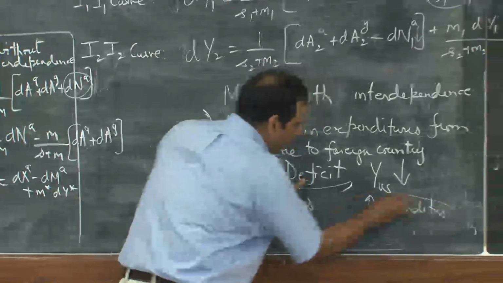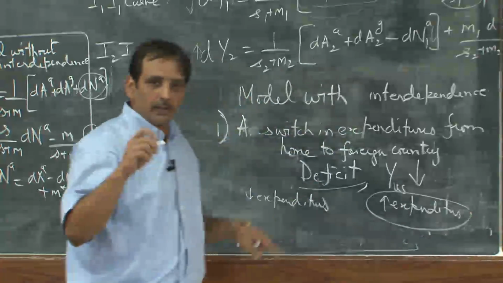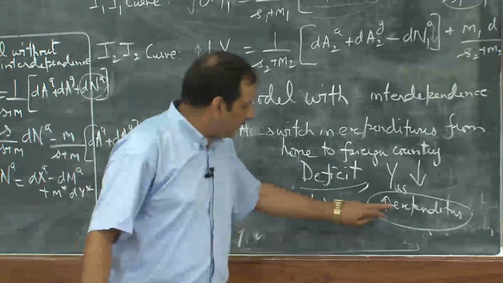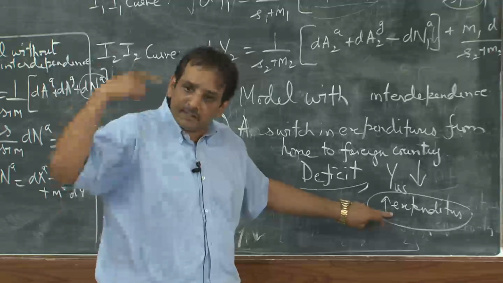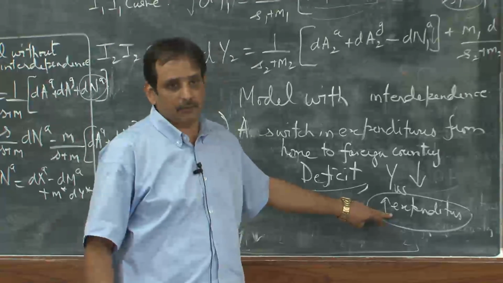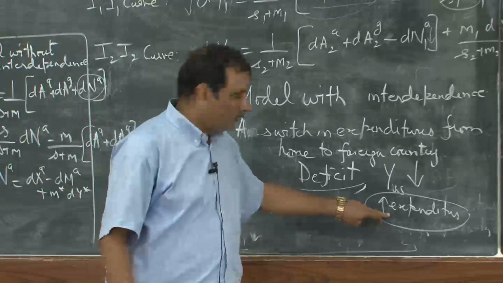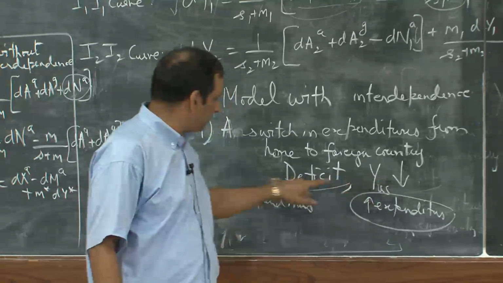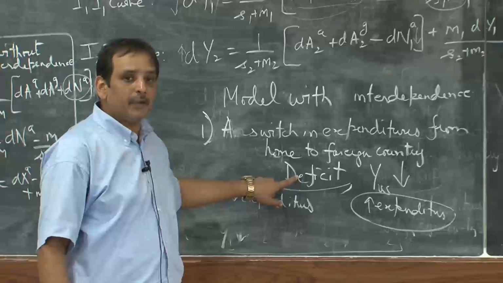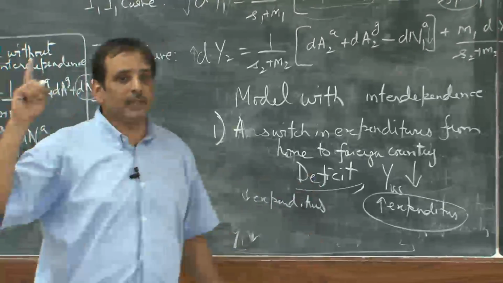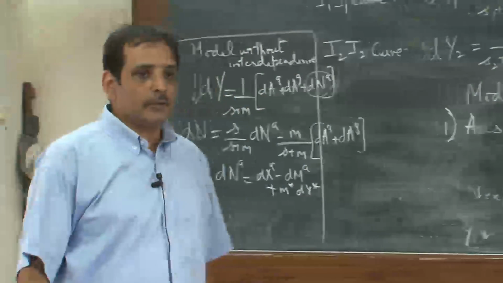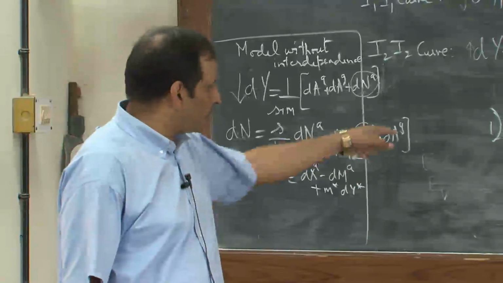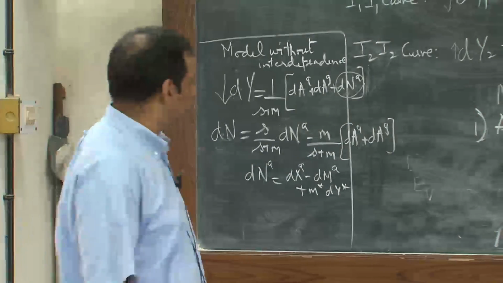Now, I want you to understand this point, that when he increases expenditures, please think what happens in Japan. When he increases expenditure here to take care of the internal balance, it leads to a deficit here. But think what happens in Japan. In Japan, because of the increase in expenditures,